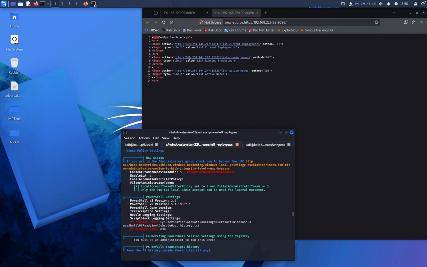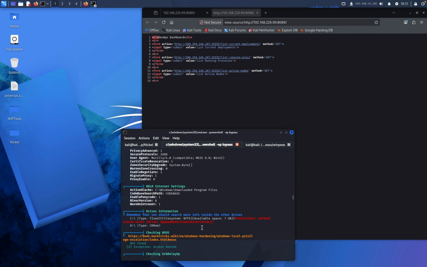So we just found a very interesting file, which is a ConsoleHost_history.txt. So maybe this file might contain all the commands, and sometimes, if you're very lucky, some passwords or some sort of hints as to what Aria did on the machine that we can use to escalate our privileges to root. So I'm going to copy this, and once it finishes running, I'm going to just do a type to that